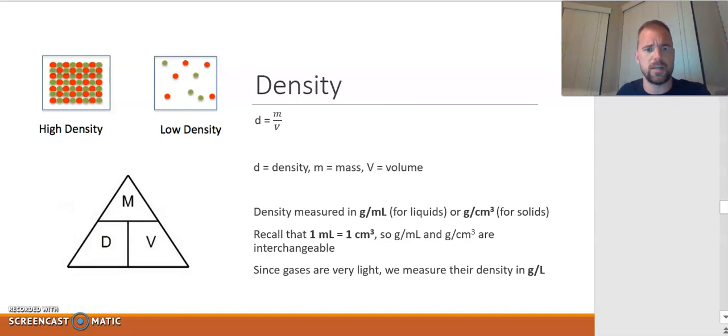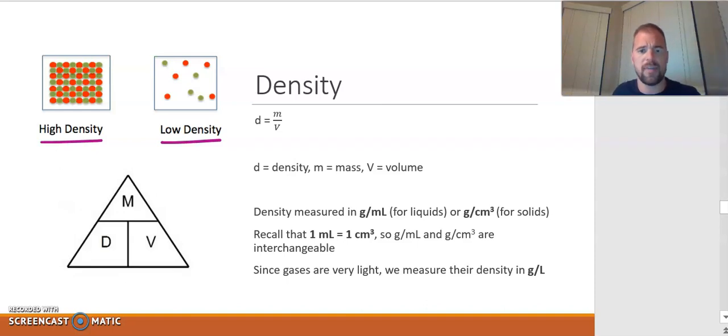So consider these two pictures here. Both squares can be assumed to be the same volume, but you have more matter in this square than in this square. So since there's more matter packed away in this volume, this would have a higher density, whereas there's less matter in this volume, that would be a lower density. You can actually equate this using a